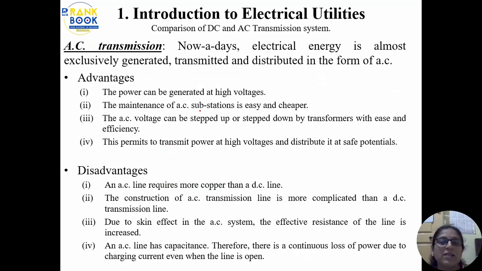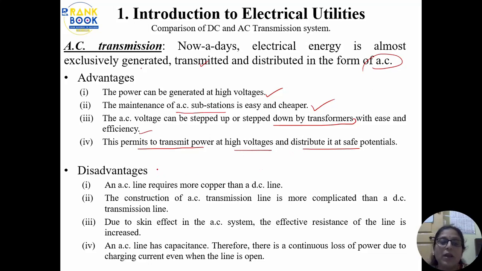So nowadays electrical energy is almost exclusively generated, transmitted and distributed in the form of alternate current. So advantages, basically we have power can be generated at high voltages, and maintenance of AC substations is easy and cheaper, and AC voltage can be stepped up or stepped down by using the transformer with good efficiency, and this permits to transmit power at high voltage,